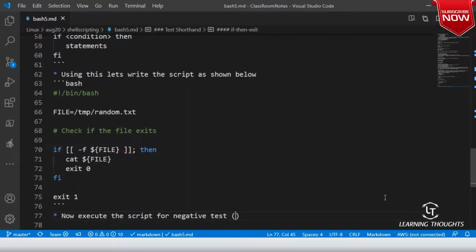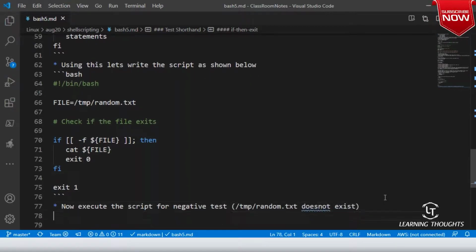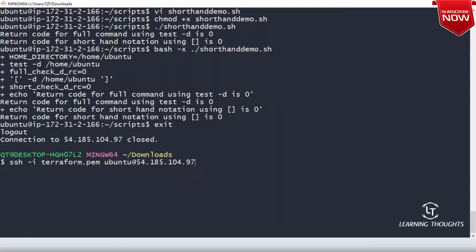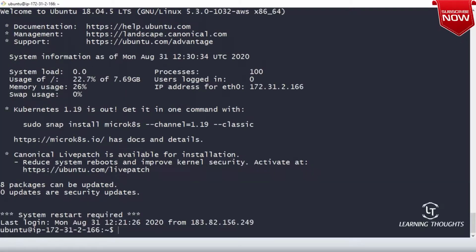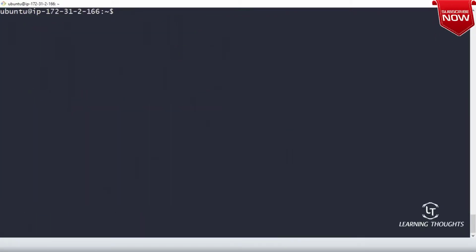What is a negative test? /tmp/random.txt does not exist. So let me log into this machine and get into the scripts folder.